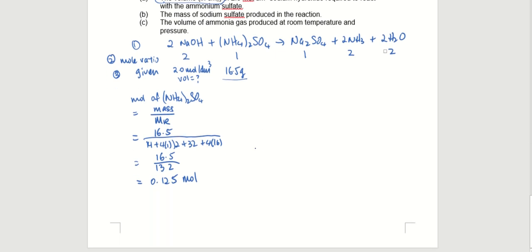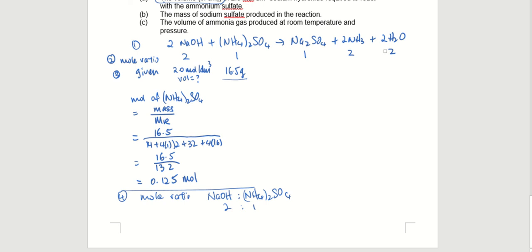We know that the mole ratio of sodium hydroxide, okay, so now I'm doing step 4, mole ratio of sodium hydroxide to ammonium sulfate was